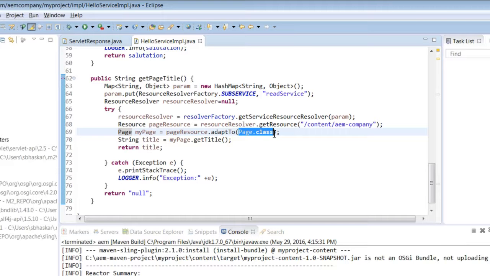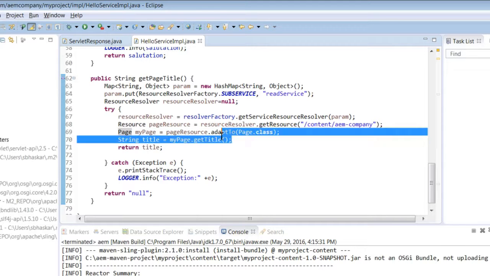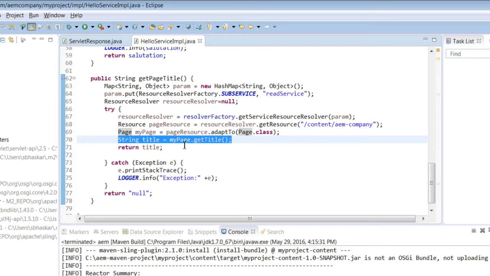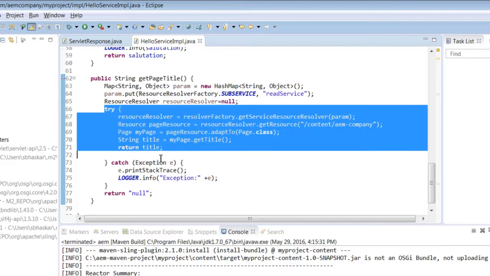We do this operation to avail various APIs associated with various objects such as node, page, and so on. In this case, we use the getTitle method in the page object. We basically use the getTitle method and quote the name of the title. Creating a resource resolver object can throw a null or login failed exception, and that's the reason we added a try catch block here.